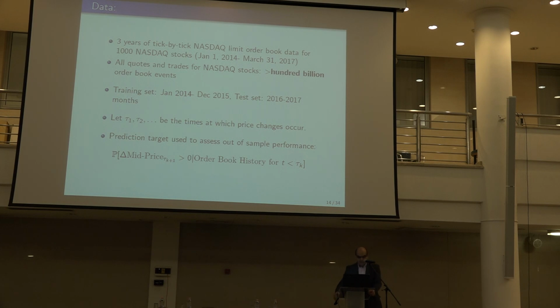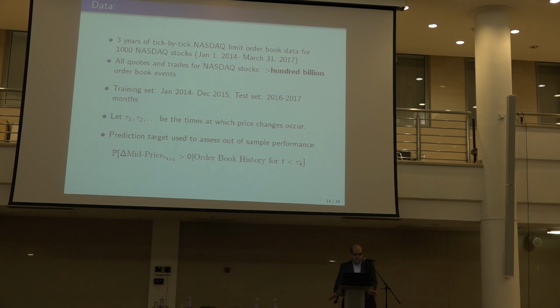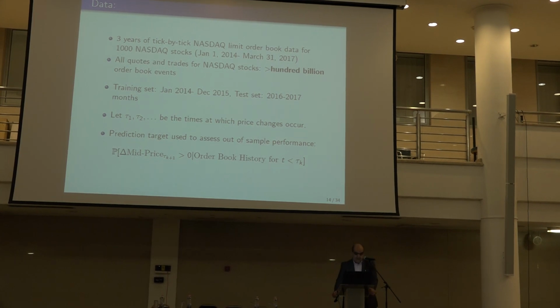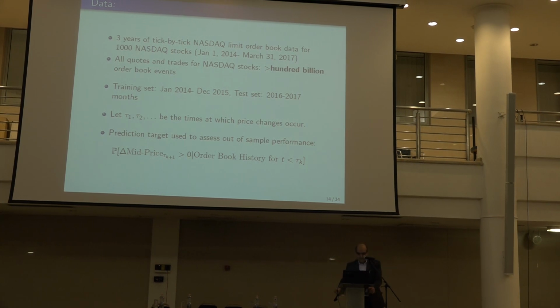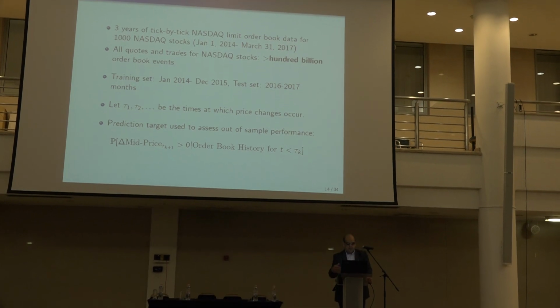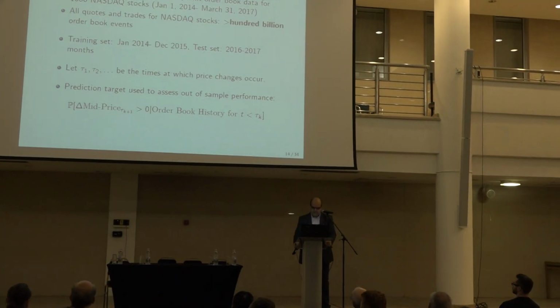Okay, so we said, let's take the largest data set at our disposal. We had 3 years of tick-by-tick limit order book data, as I showed you, for all stocks on the NASDAQ. This represents more than 100 billion observations. I think it's probably the largest financial data set ever studied in a paper, but I may be wrong. And it was really not easy to study this data, because the size is so large that opening and closing a file is a non-trivial issue.